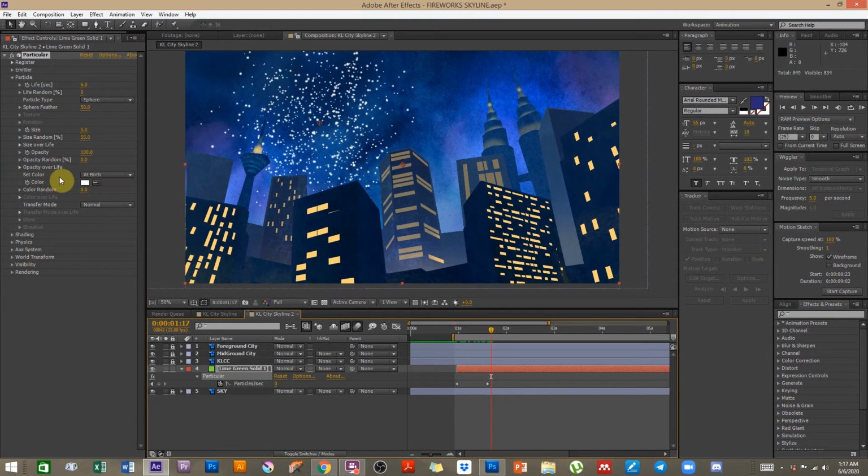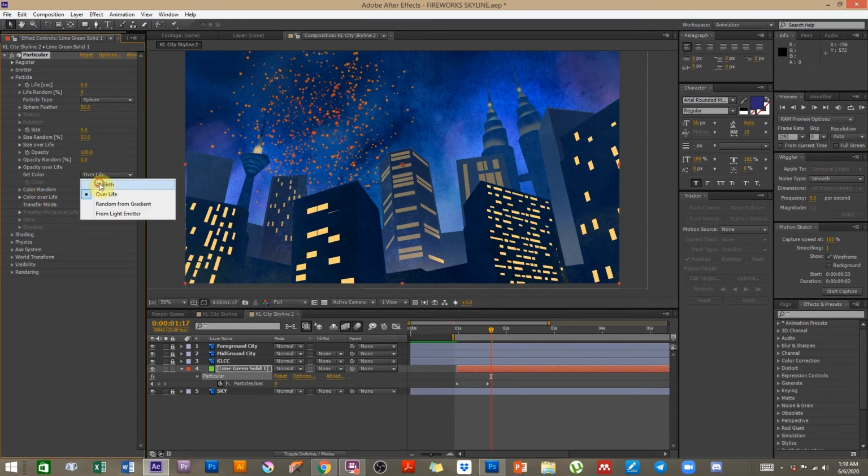And we're going to change the color as well. Now, how do you change the color? To start with a certain color, and when the particle reaches towards the end of its life at 6 seconds, it changes to a different color. What we do is we select set color over life. And when you do that, you'll notice that this gets activated. I'm going to repeat the step: at birth,